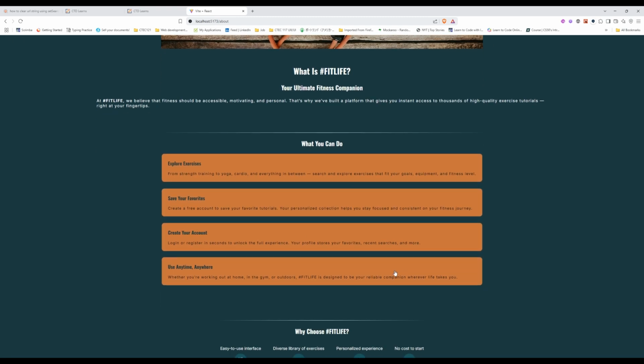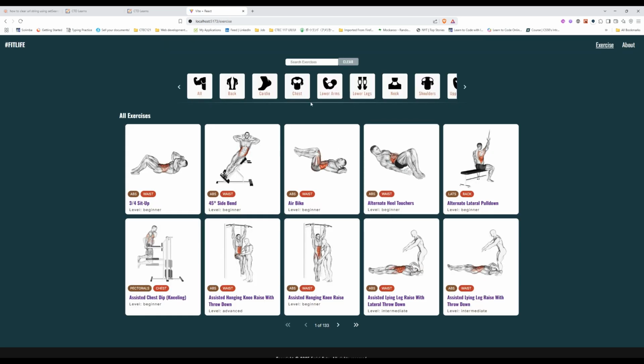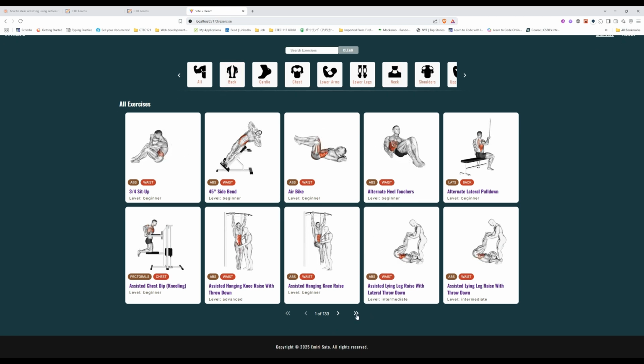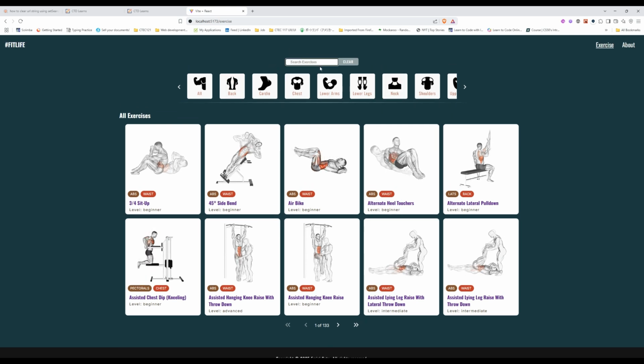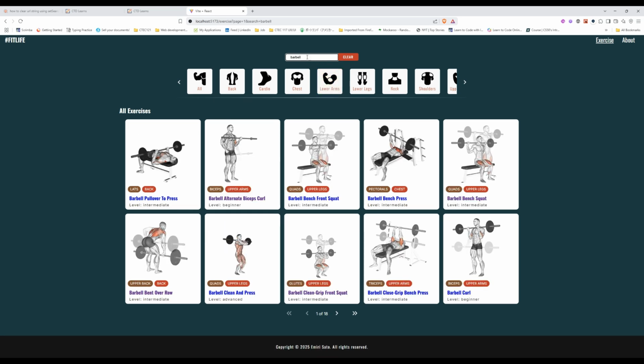Here's the about page. It describes this application, and here's a call to action. This button also brings you to the main exercise page. This application has search and filtering functionality. Also, here's a pagination. For the search text, when the user puts text in the input, it